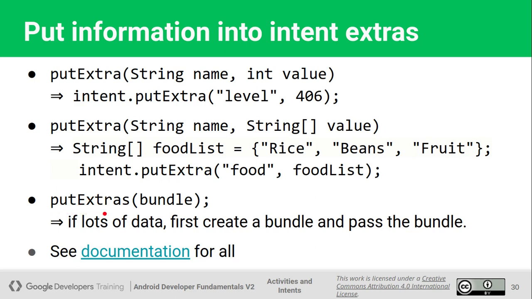We can use putExtras as well. In this function the argument is a Bundle. A Bundle is basically an object which contains all the data types. We can add integer, string or any character value to the bundle, and we can add this bundle to the intent.